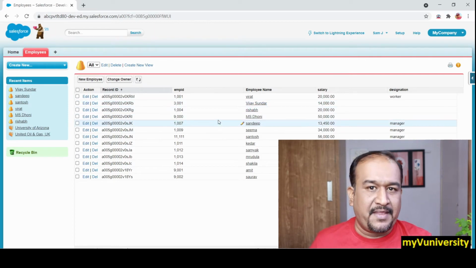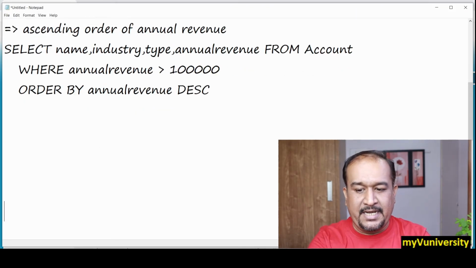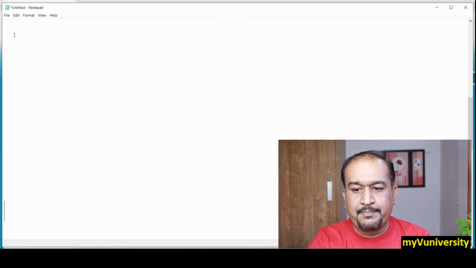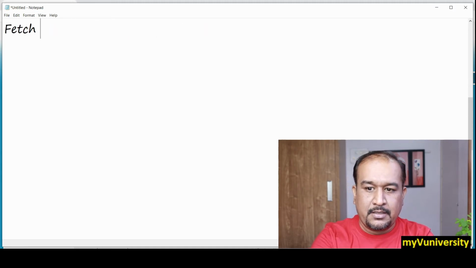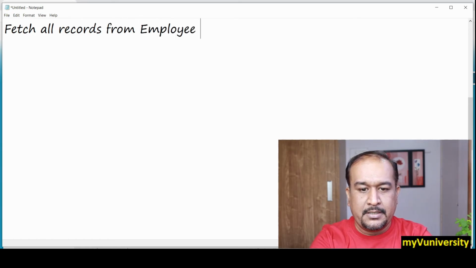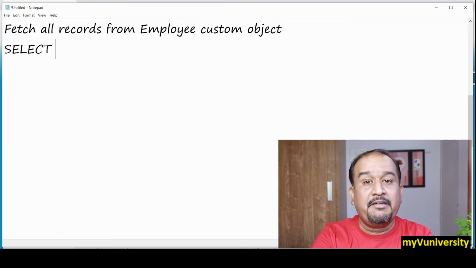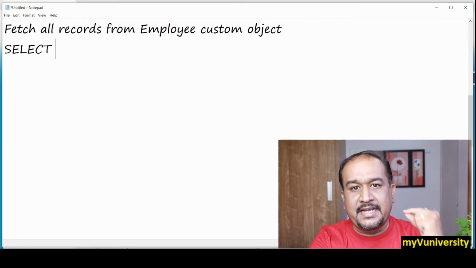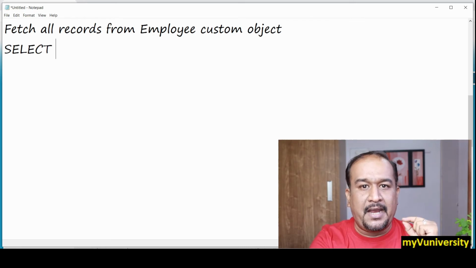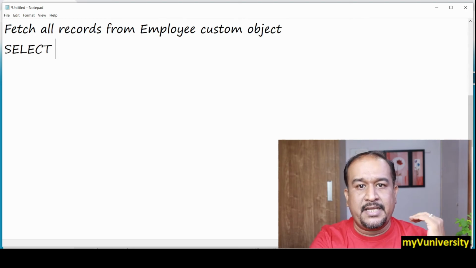So how can we write the SOQL query for a custom object? Let us put a simple query to fetch all records from the employee custom object. It will be like this: select, then the field list. Now every custom field will be appended with __c by Salesforce. Every custom object is appended with __c.